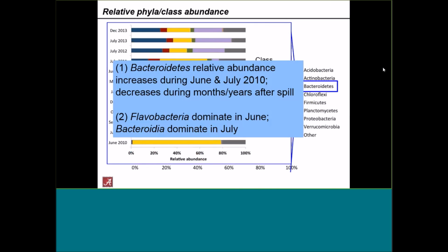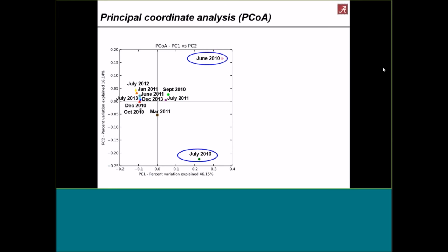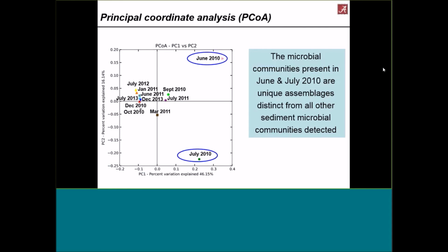So there is a very rapid, dynamic change in microbial fingerprints, as you would expect, because this carbon is coming in, this oil is coming in, and now they have something to metabolize. If you take all the data and aggregate it together, which depresses my grad student, it's all one slide of her dissertation,